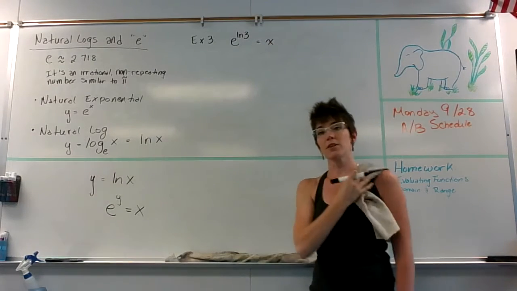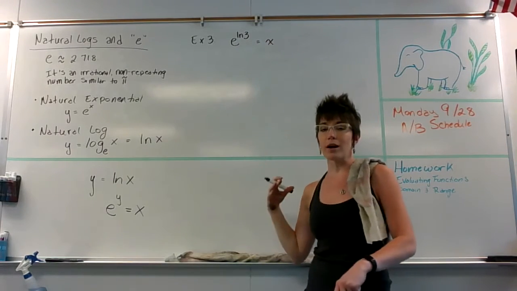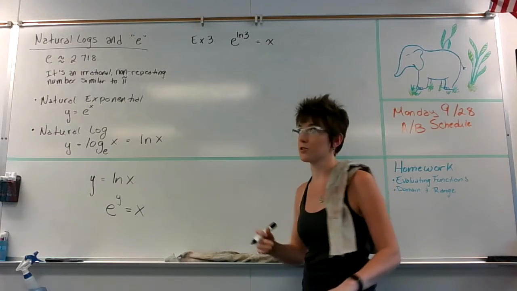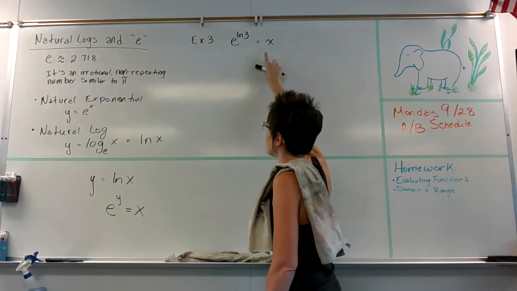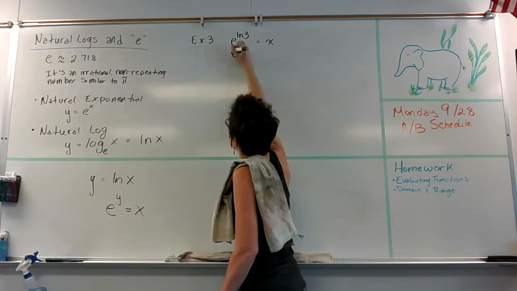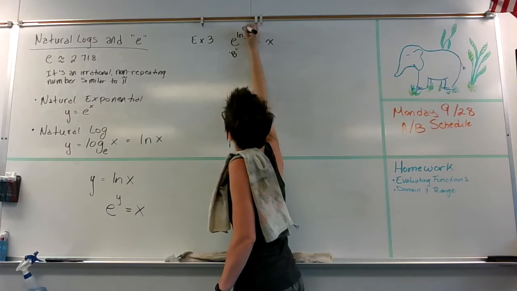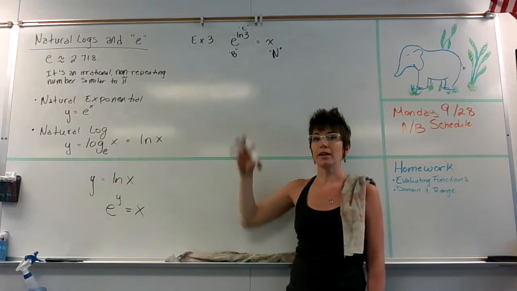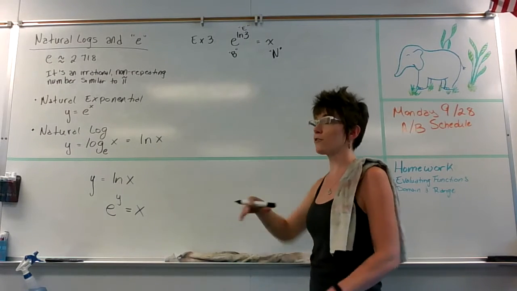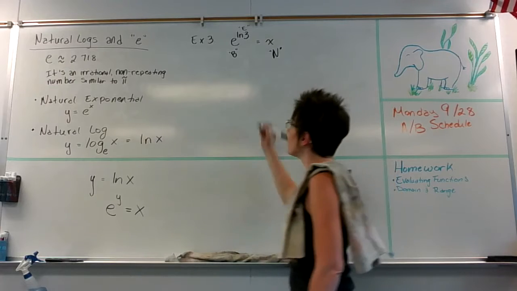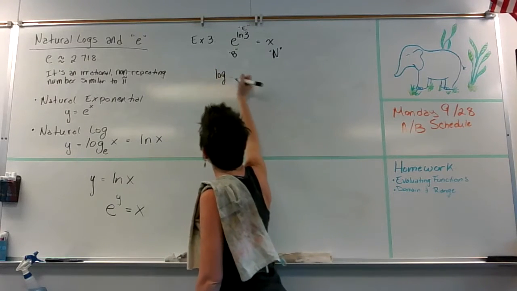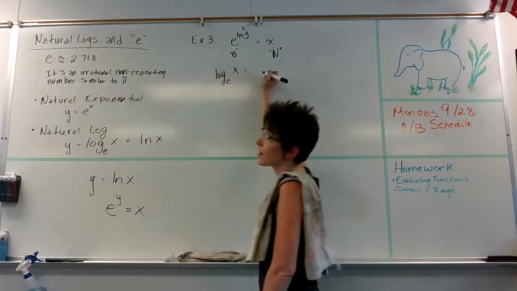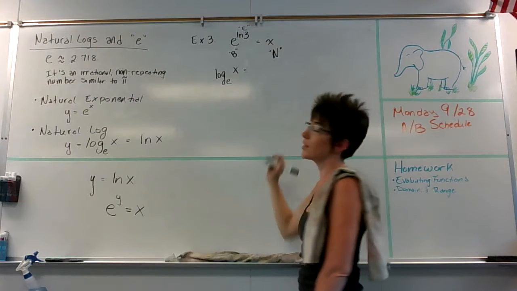All right, so now that we're in exponential form, I would recommend switching this into logarithm form and see if that helps you get a little closer to the answer here. So e is like the base b raised to the exponent, and this is my number n. So don't forget BEN, right? Base to the exponent equals number. So if I want to rewrite this into log form, that's going to look like a log with base b, which is e, of the number n, which is x, is equal to the exponent in this problem, which is